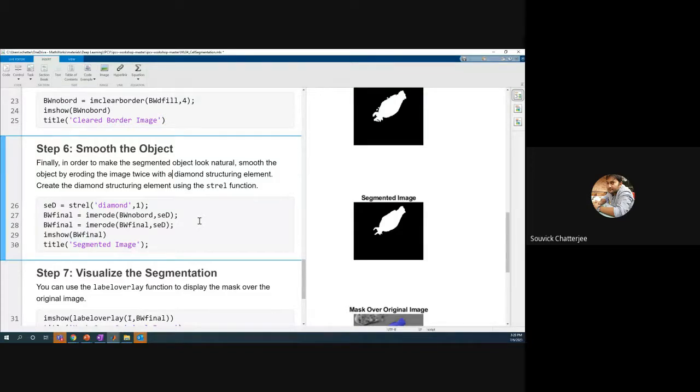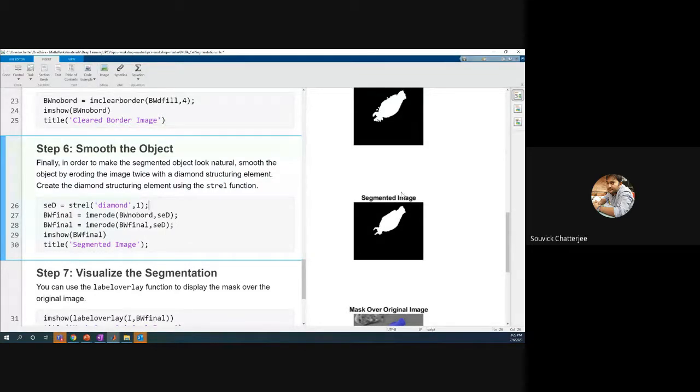So we have used dilation previously to make it smoother. Now we can do erode. So now we are using not a line one, but here what we are doing is we are using an object which is of a diamond shape. This will help in this category. So that's what we are using, and then we are doing the erosion part, and then we have seen that this is particularly cleared out.